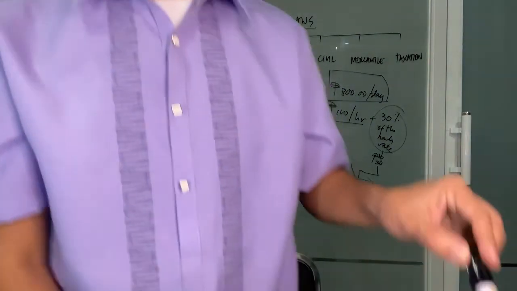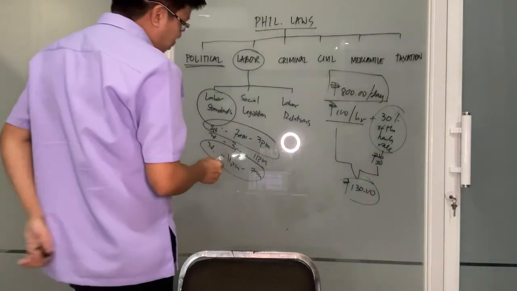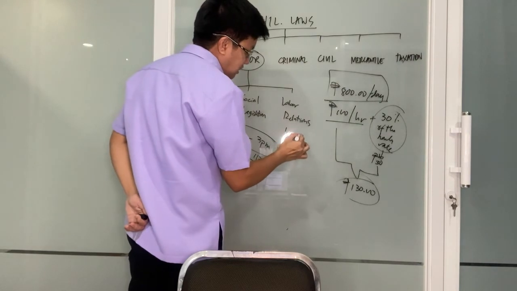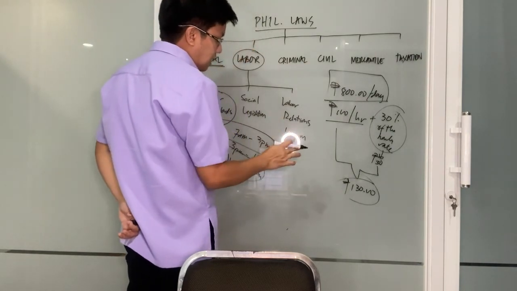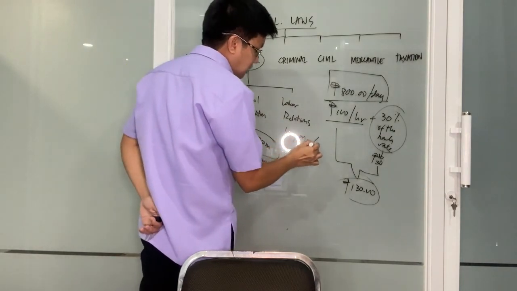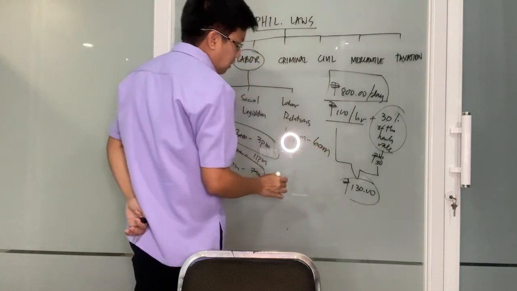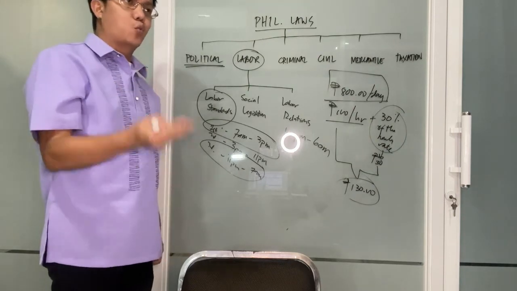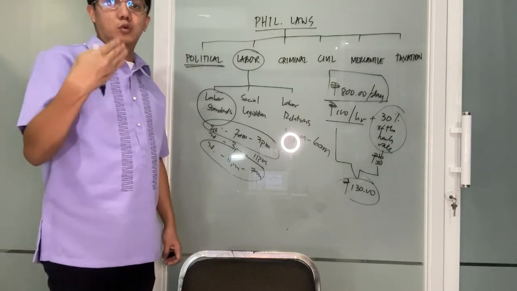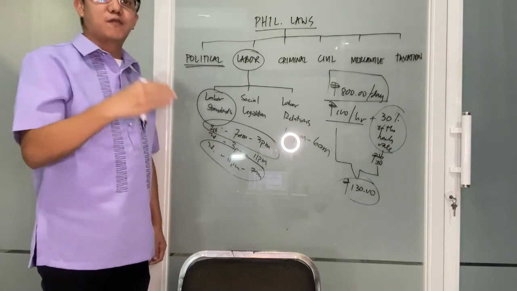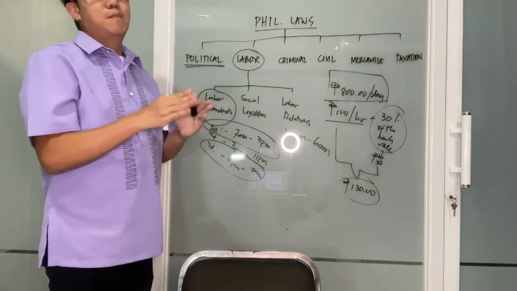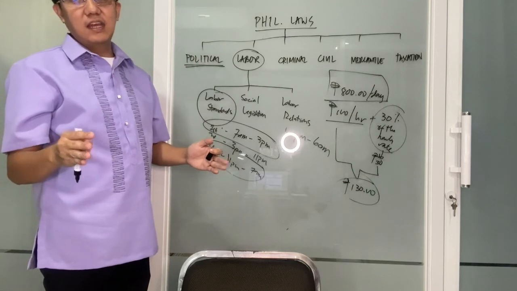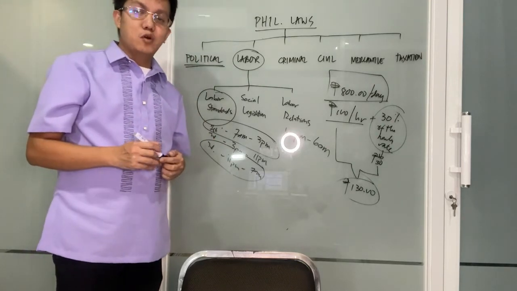Okay? So, kapag nagtrabaho ang empleyado ng alas 10 ng gabi within 10 o'clock in the evening up to 6 o'clock in the morning. So, 10 to 11, 11 to 12, 12 to 1, 1 to 2, 2 to 3, 3 to 4, 4 to 5, up to 5 to 6. Meron talaga yan siyang night shift differential. And it's a benefit on the part of the employee.